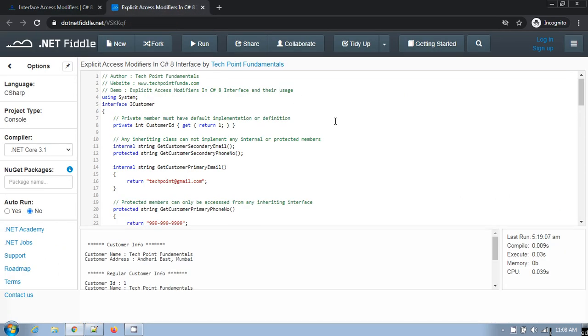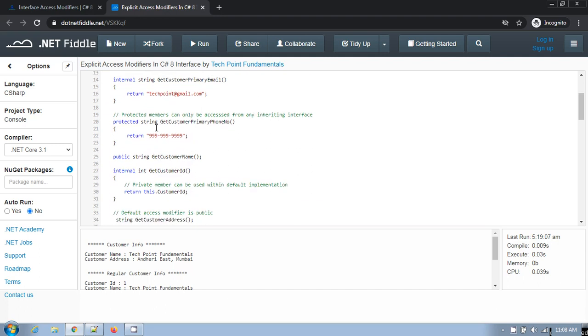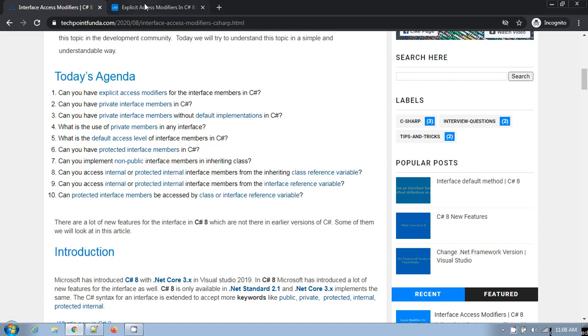For example, I have created a simple program in which you can see that I have declared interface ICustomer. In that interface I have declared a private customer ID and internal get customer secondary email and protected member get customer secondary phone number and a lot of members here, right? So yes, you can have explicit access modifier in C Sharp interface.